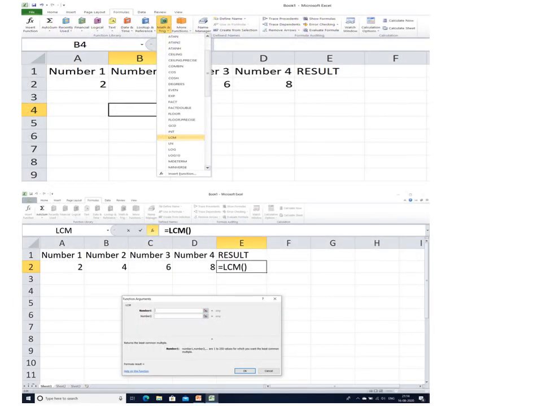Children, in the first picture in A2, B2, C2 and D2, I have entered the values for which I want to find out the LCM. In E2, I want to store the result. So after entering the values in the particular cells A2, B2, C2, D2, I have selected the formulas tab,